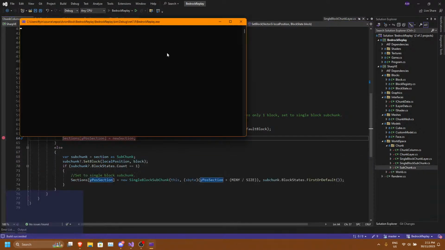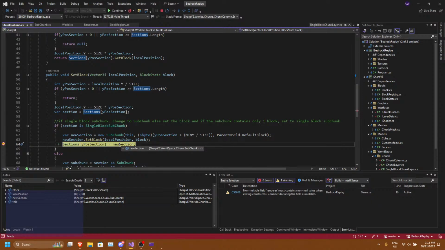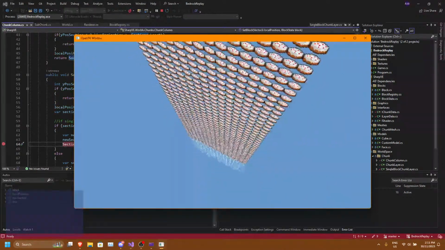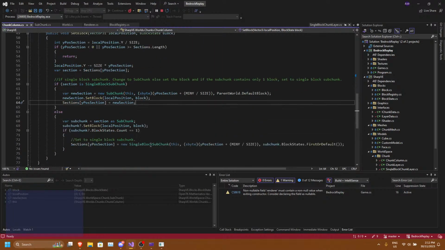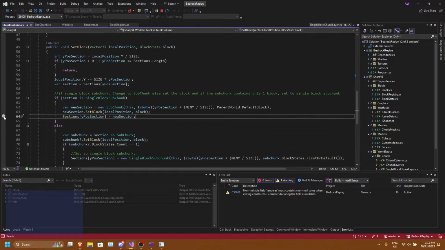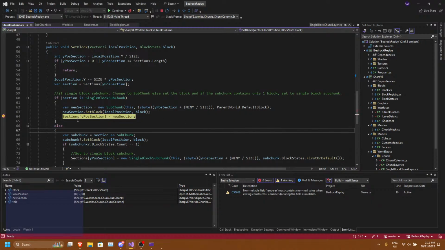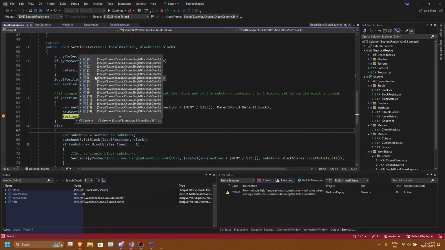Right, let's see if this runs. Yeah, it seems to be working. And then if we check what this means, if we look at what happens here, Y level is -4, so we got block chunk.